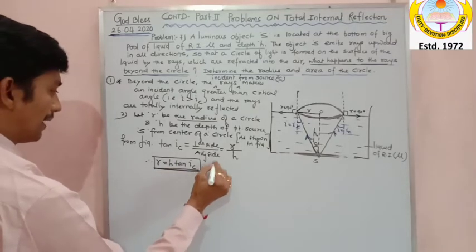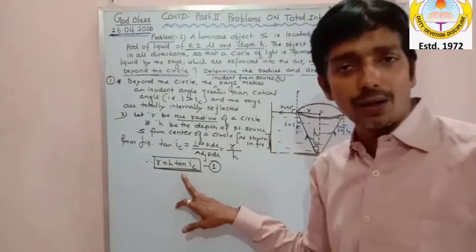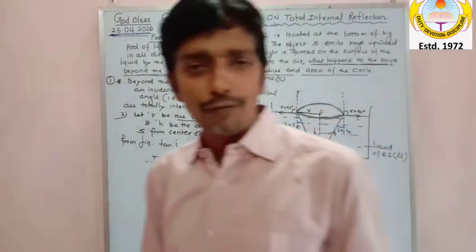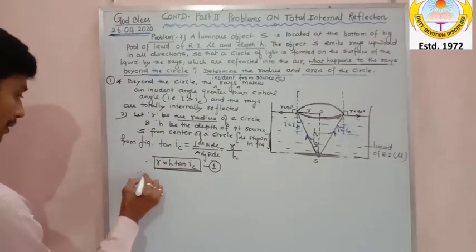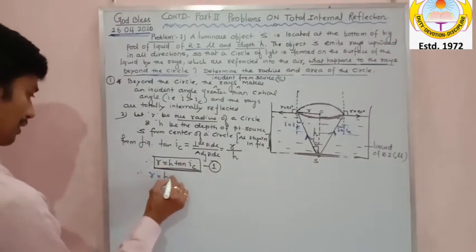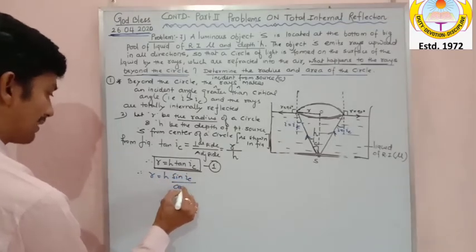I hope everybody understood equation number 1, that R is equal to H tan IC. Now everybody knows what tan IC is, because tan IC is nothing but sin IC divided by cos IC. So if I go for it, it will be easy for you all. Therefore R is equal to H sin IC upon cos IC,